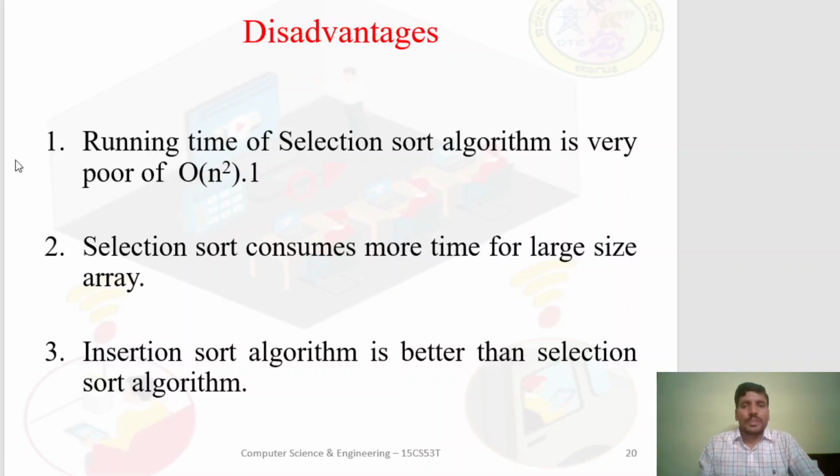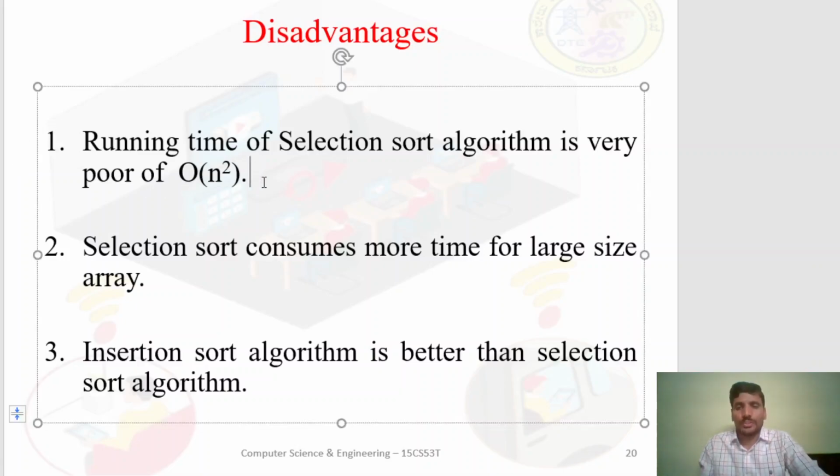If you observe the running time of selection sort, it is big O of n square. So in terms of the algorithm's efficiency, we say it gives poor efficiency. For what purpose do we use big O notation? For worst case efficiency, we use big O notation. So here it is giving big O of n square. So selection sort has a poor